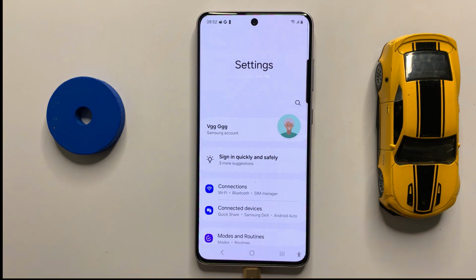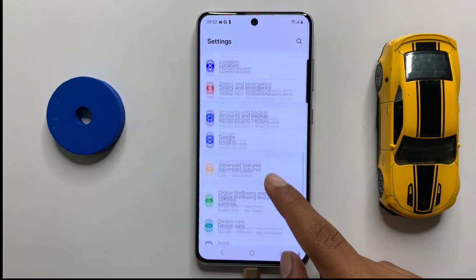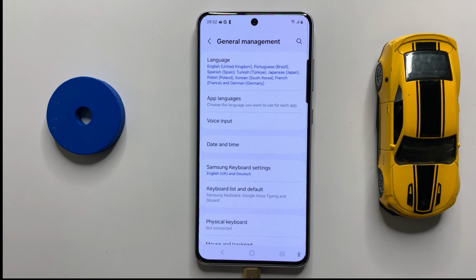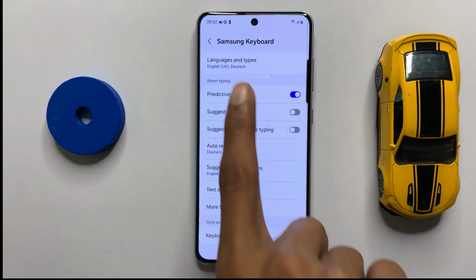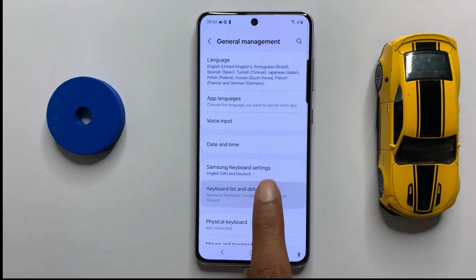open settings. In settings, scroll down and then click on general management and then click on keyboard settings. Now here you can set your keyboard as default. After you set your keyboard as default,